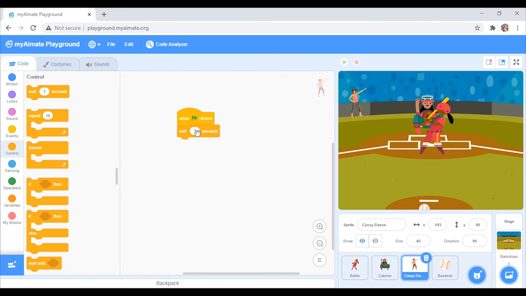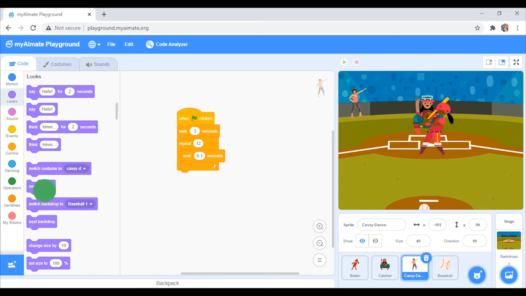Considering there are 4 costumes of the same cheering person, we make it a multiple of say 12 times loop. We wait for say 0.1 second to let the audience know it is moving. And then we choose the next costume. Also, execution is fine.